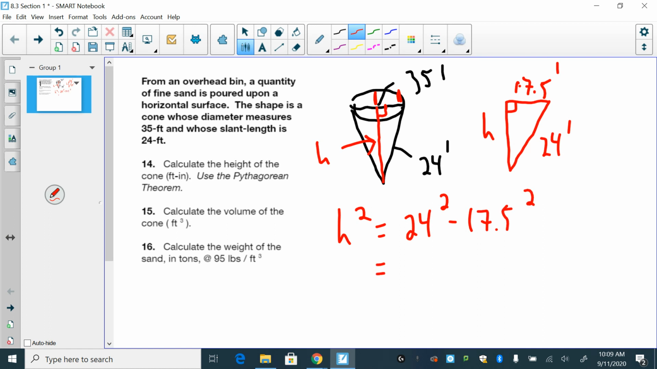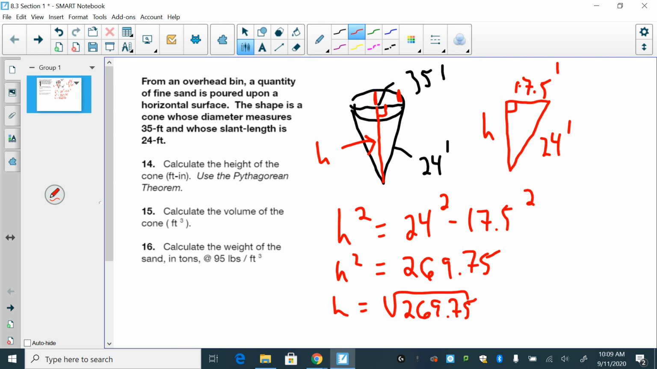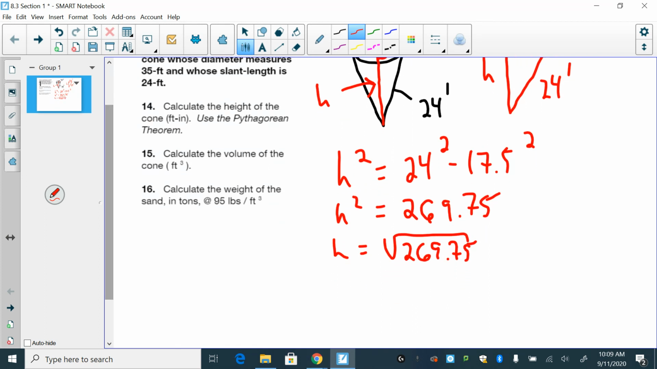And you could just type that in your calculator. So you're going to go 24 squared minus 17.5 squared and hit equals. So you're going to get 269.75. Now, remember that's h squared. We want to solve for just h. So you have to do the square root of 269.75. Because remember, your height should be smaller than the hypotenuse, which is 24. So square root of that answer, and you get